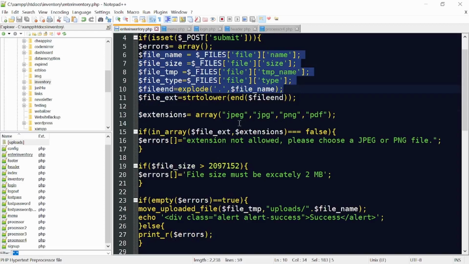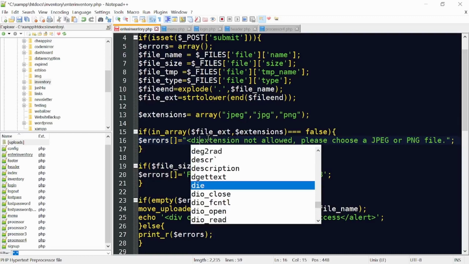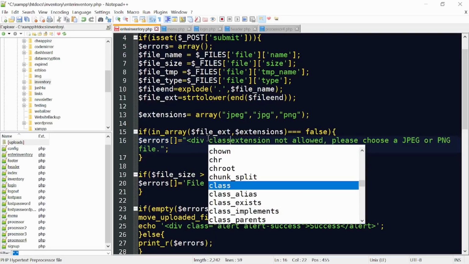But we're going to do a couple checks first. We want to make sure that it's a JPEG, JPG, PNG. We really don't need a PDF here because basically going to be probably using cell phones to track the inventory, or a computer. And here's where we check for the file extensions. If the file extension is not a JPEG, JPG, or PNG, then we're going to have this error come up. Okay, extension is not allowed, and we can actually put that in a div class equals